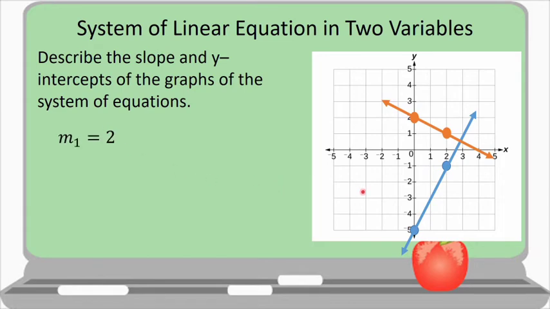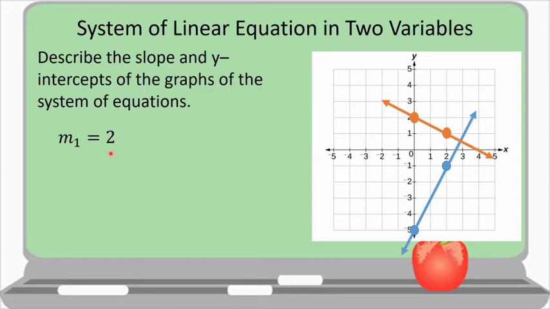So why is it positive 2? So since the slope is defined as rise over run, whether it is upward or downward, and run whether it is to the right or to the left. So let us count. So from this point up to this point, so we have here upward, so 1, 2, 3, 4. Since it is upward, so positive 4. And then over run, 1, 2. Since it is to the right, so positive 2. So we have positive 4 over positive 2, which is equal to 2. So the first slope is 2.